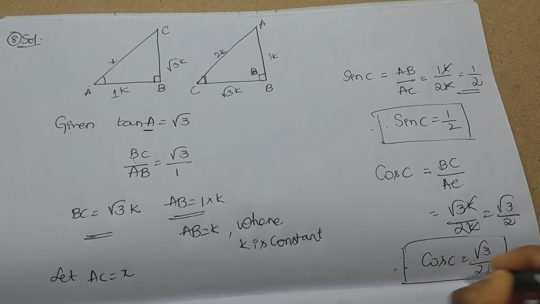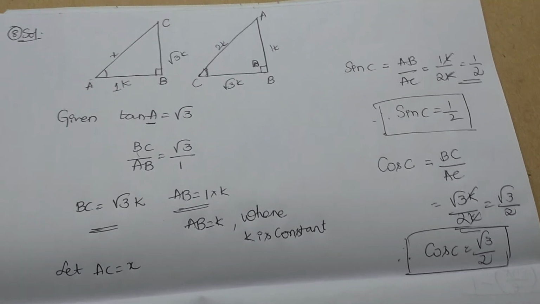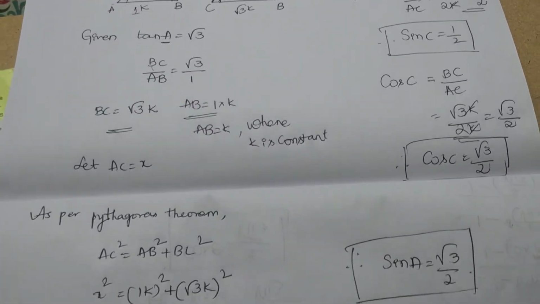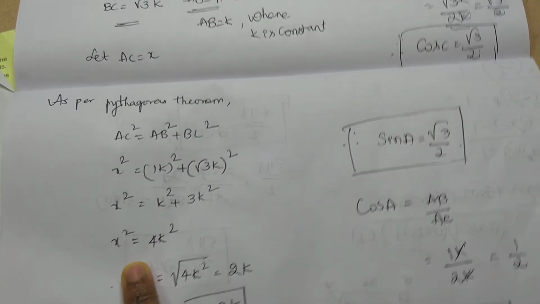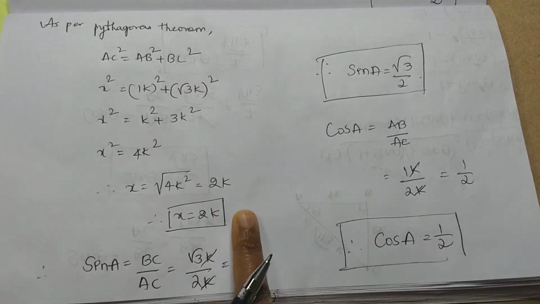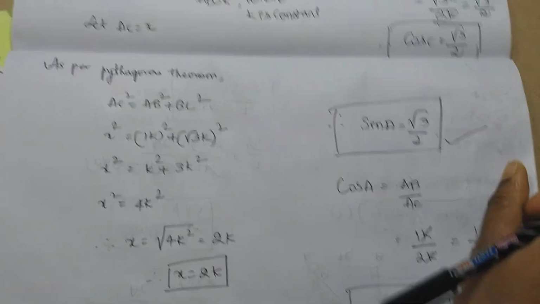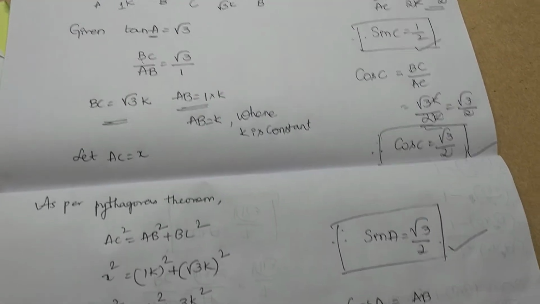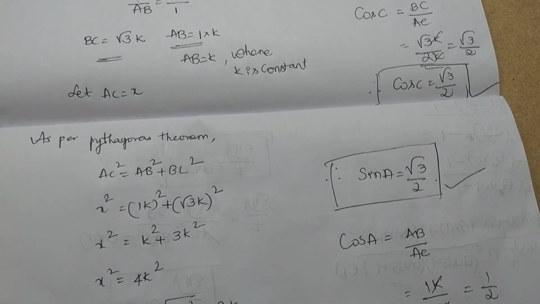Till now it is clear, right? First we moved on to the triangle in which A is taken as reference. From that I solved for the third side, which is the hypotenuse. Based on that, first I obtained sin A and cos A. Later I derived sin C and cos C. Till now we got all the four values. Correct. Now, let's see into the question.